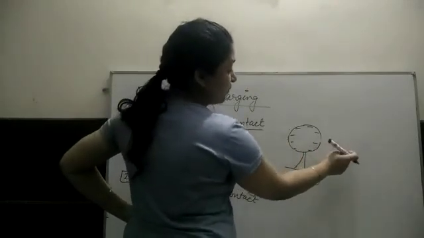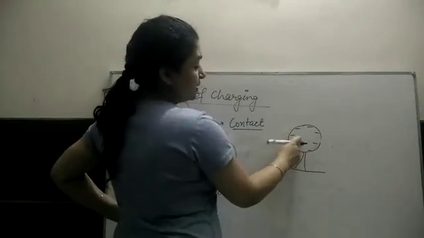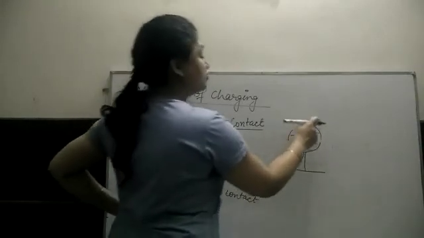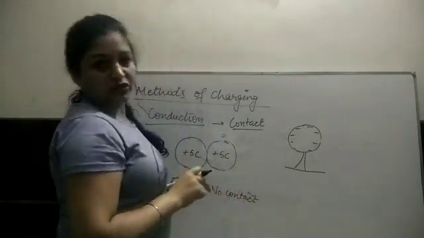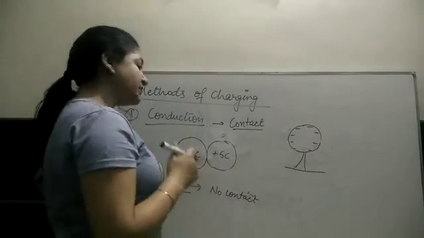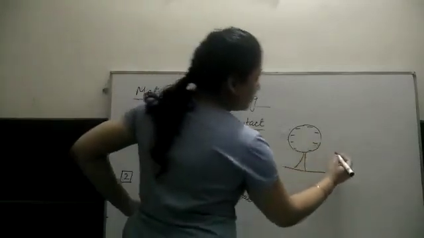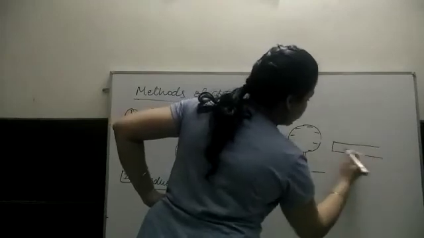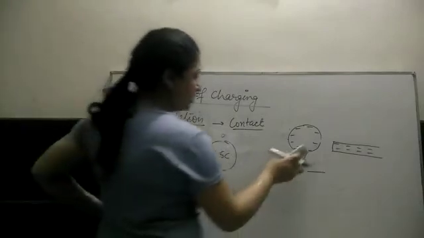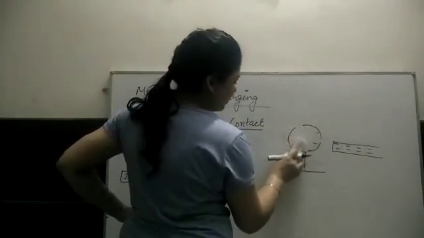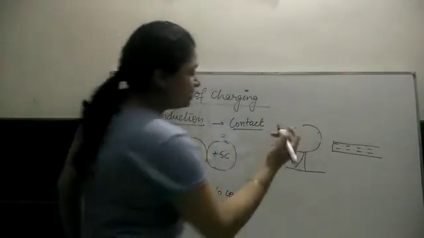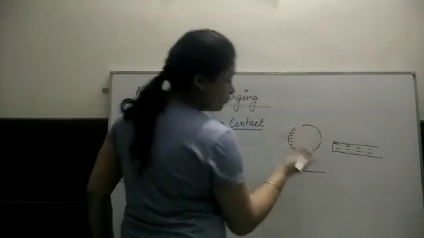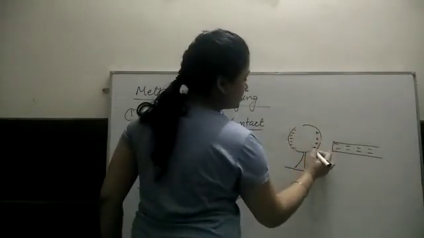When we are bringing the positive rod near this sphere, the charges have been induced inside the sphere. So this is one of the methods by which we can charge an uncharged object. And similarly, if we are bringing a negative rod, then what would happen? This negative rod will attract the positive charges, or in other words, it will repel the free electrons of the sphere towards the other side. The same method. So electrons will be repelled to this side, leaving behind the positive charges,